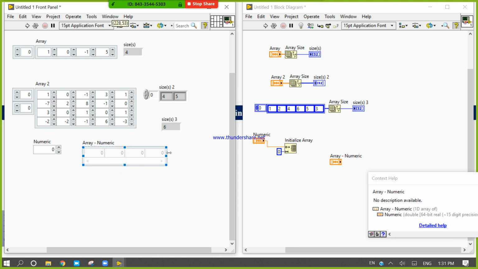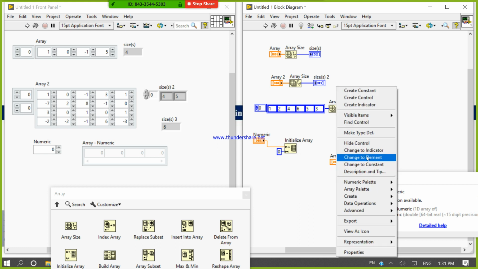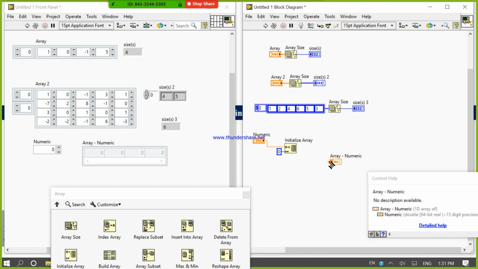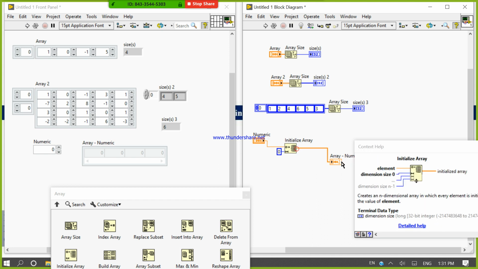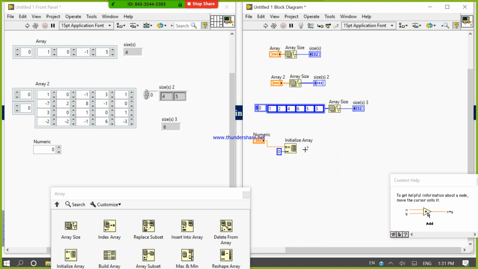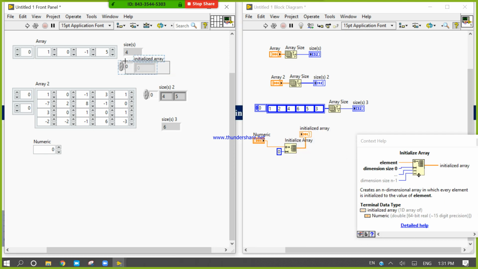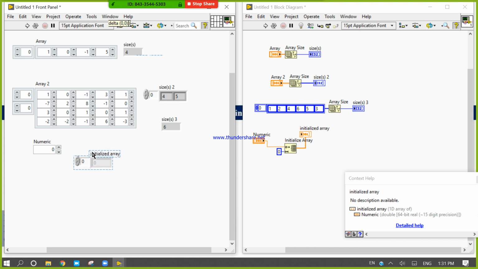Either you can do one more thing, Ctrl B. If you are not able to access it, then right click, create indicator, and you will get this initialize indicator.